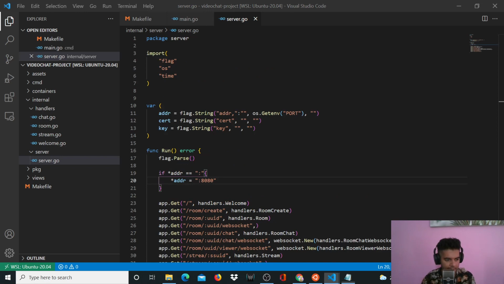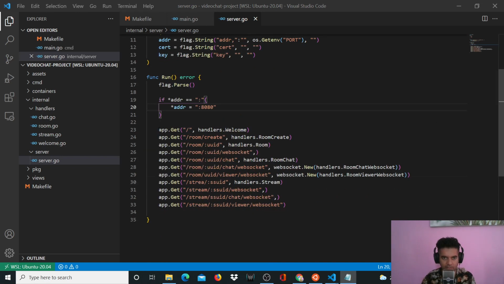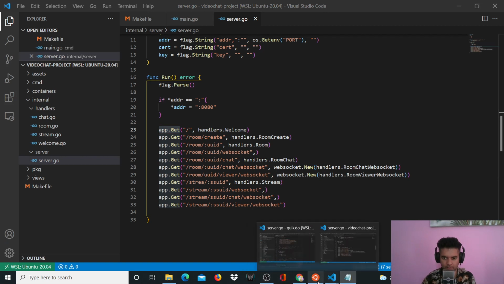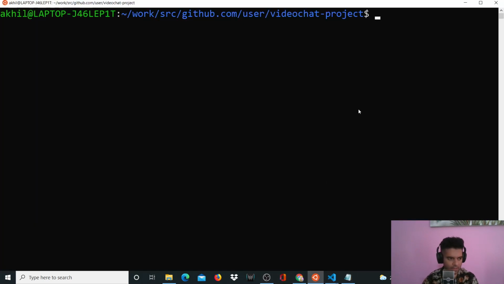And that's because Fiber basically gives us access to this app.get function. All right. So let's do that. Let's install Fiber. We won't be using all of the things that Fiber has to give us. We'll only get a couple of things. So what we'll have to do first is go mod init and give the name of the project. Let's say